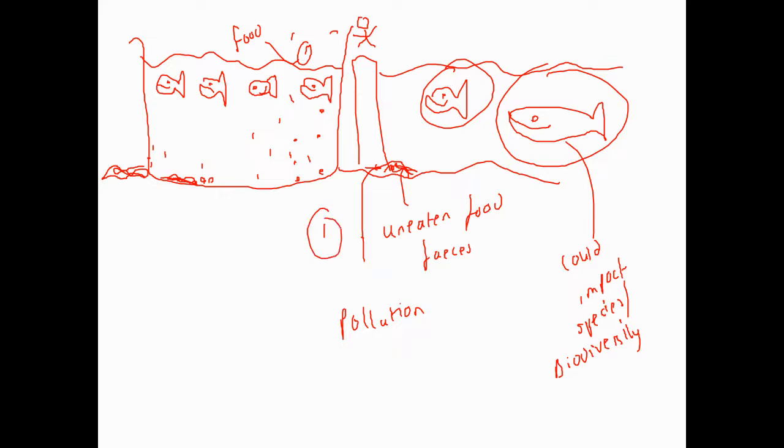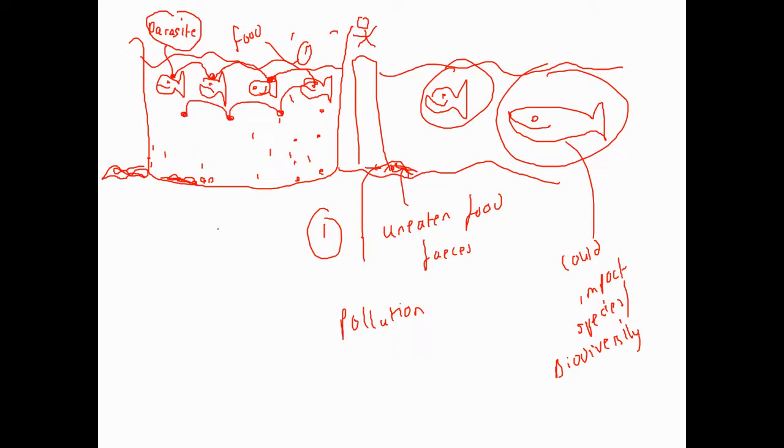Your second one, boys and girls, is sometimes, sadly, these parasites do get on them. Now, hopefully you now know what a parasite is from the previous video, but a parasite, boys and girls, is anything that causes harm. They're not nice. But what these parasites do, because the fish are so close to each other, they jump and jump and jump. Then they end up infecting every single fish that's in this pen.